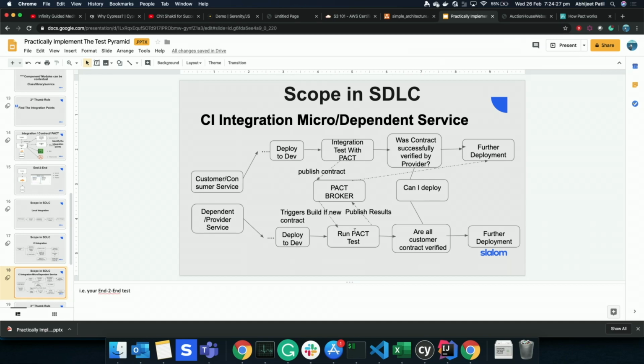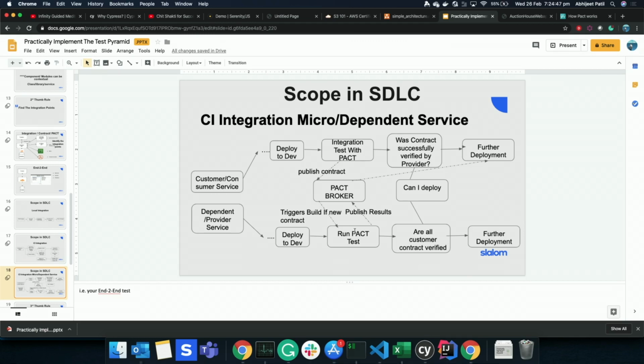So this is all, say, you're a consumer, and maybe you don't want to verify it. You are just taking your own responsibility. You will make sure your unit tests are running, your integration tests are running. But in your integration tests, you're not actually calling the API. What you're doing is just generating a response you're expecting from your dependent service, and you're giving that